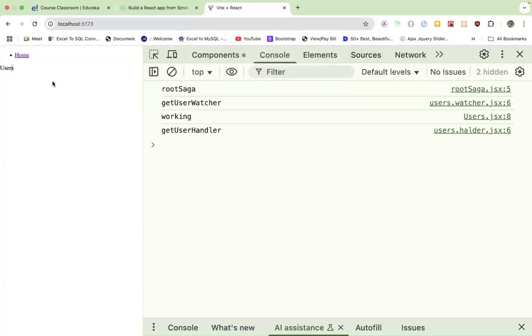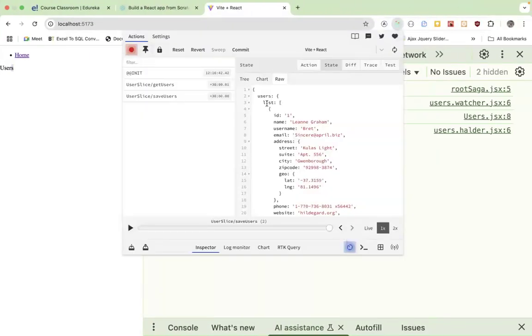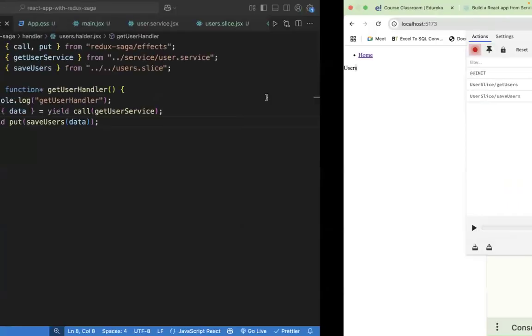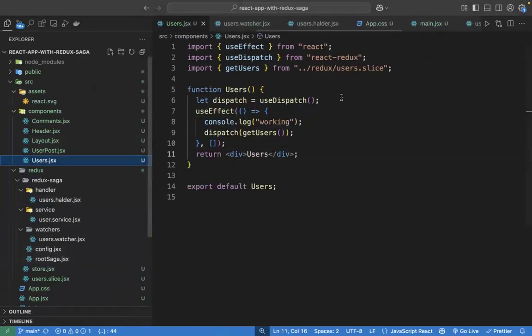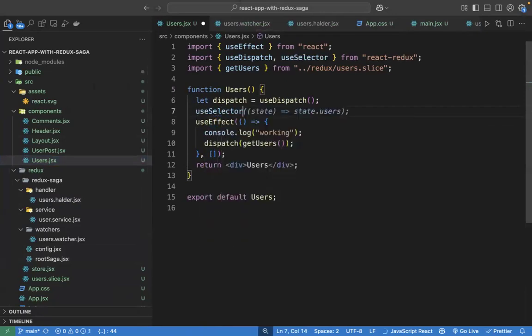So the last step is to pull the list and to print that over here. So I will go to the code. I will go to the saga first. See, I'm having a list, which is under the users. To get that list under the user, I will use useSelector, where I will say that I will have the users and I will get a list from it. Okay, and whatever list I'm having,